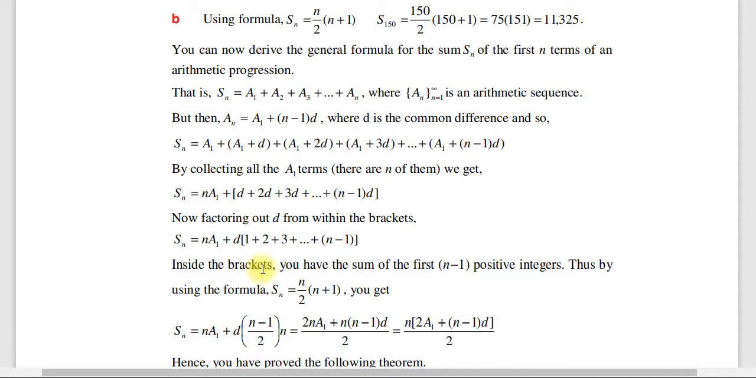Okay, inside the bracket you have the sum of the first n minus 1 positive integers. Thus using the formula Sn is equal to n over 2 into n minus 1. So you get Sn is equals to na1 plus d into ብለን ማናስገባለን ላይ ያገኘነው n minus 1 over 2 times n. So ምን ይሆንልናል? 2na1 plus n into n minus 1 d over 2 which is n into 2a1 plus n minus 1 times d over 2 ይሆናል ማለት ነው።